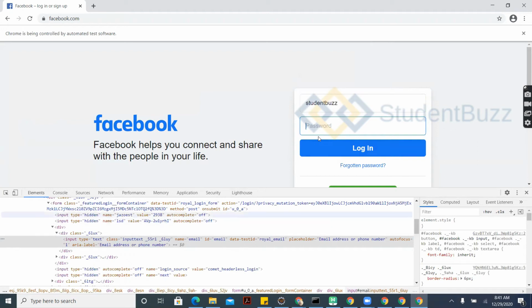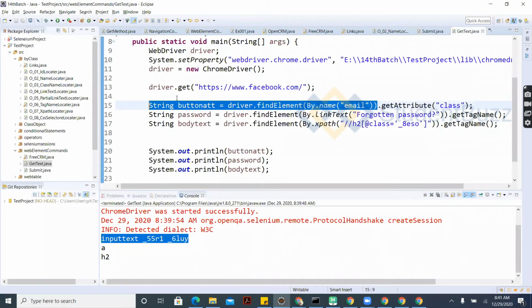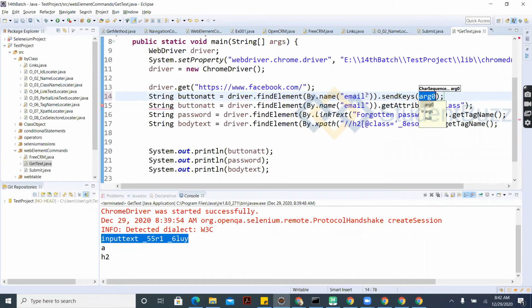What I'll do, I'll enter some student bus here and fetch this value attribute. What will it give? Let's see. Email, right? And I'll do send keys. Okay. Then I'll get the value attribute. The value attribute needs to return this particular value. Okay. Let's see.